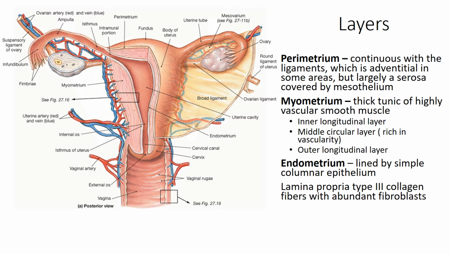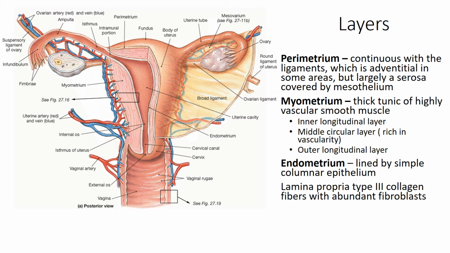divided into three portions. There is the innermost layer which is longitudinal, and the outermost layer which is again longitudinal, but in between is the circular. So the middle layer is circular and the inner and outer layers are longitudinal, and this middle circular layer is richly vascular. This is the layer, as you can see, where these arteries penetrate and